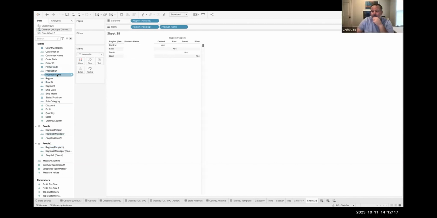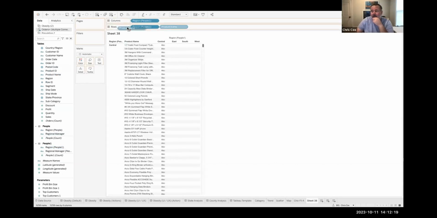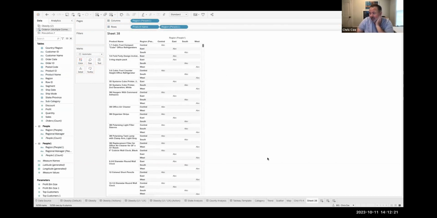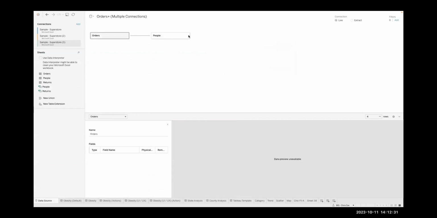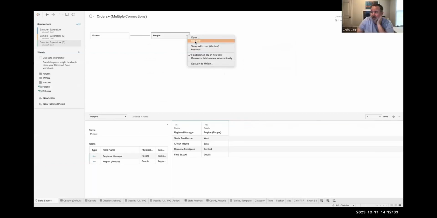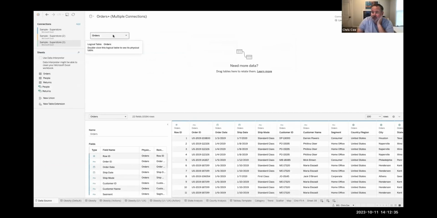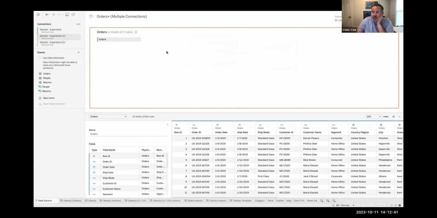Yeah, I don't know. I think I'd have to see your exact one. The other thing to try, and I would do it with a smaller data set, is just do this: if you double click on this, then you get back the old menu, and now you can do joins, right? Which gives you more to control.